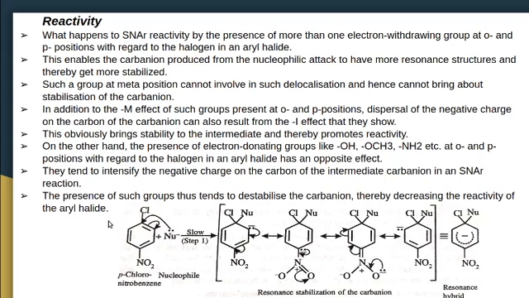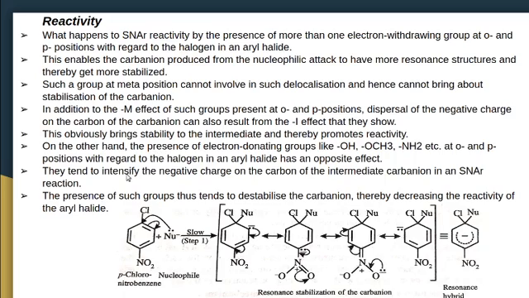So electron donating groups at ortho and para positions decrease the reactivity of aryl halide, whereas electron withdrawing groups at ortho and para positions increase the reactivity of aryl halides, and also